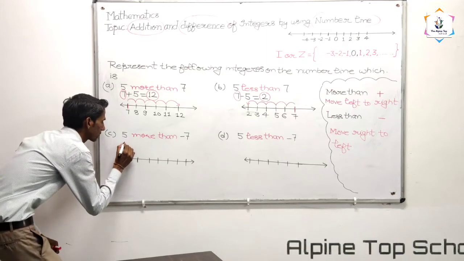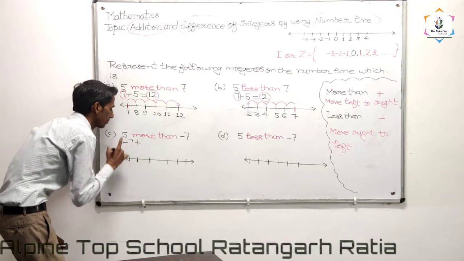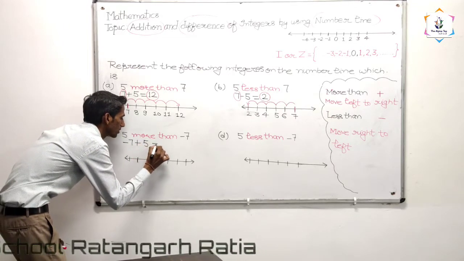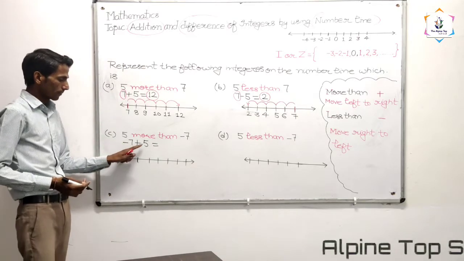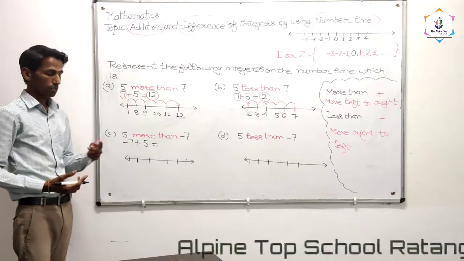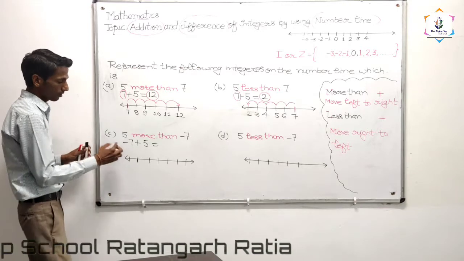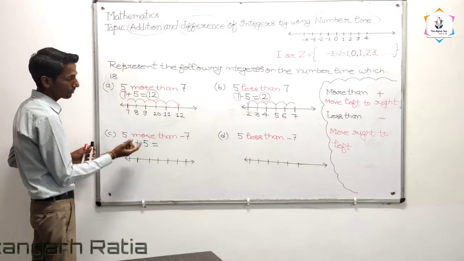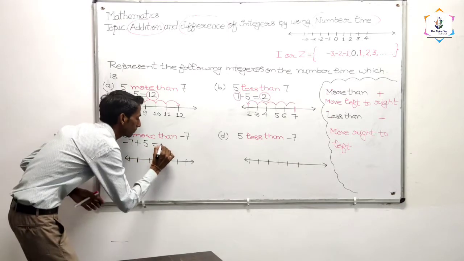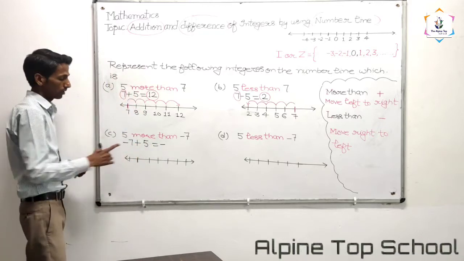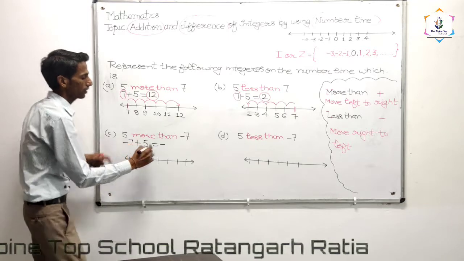It means what we have to do? First we have to do the calculation. For more than, we are going to use the plus symbol: minus 7 plus 5. Obviously students, now we have to do the calculation. You know very well, when you calculate two integers having different symbols in addition, check without the symbol which number is greater: 7. Okay, 7 has the negative symbol, so the answer will come in negative, and the other number you have to subtract from that number. When you subtract 5 from 7, you will get 2.